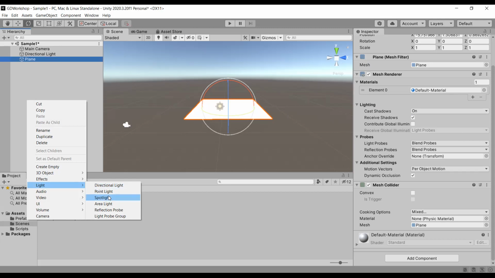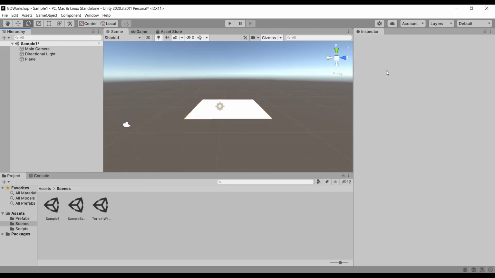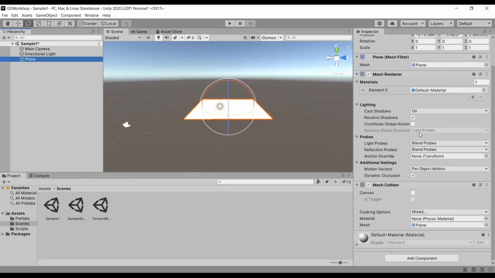Spotlight, as the name says, completely concentrates all of its light at a certain spot. And area light and all the probes are used to showcase lighting in a broader perspective. So yeah, on my plane, then what to do?